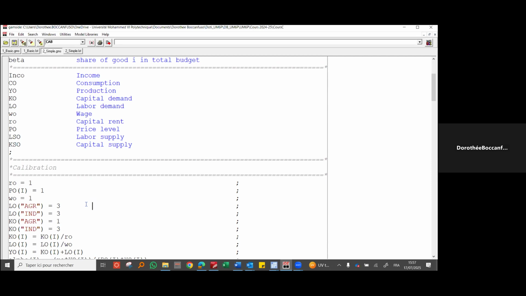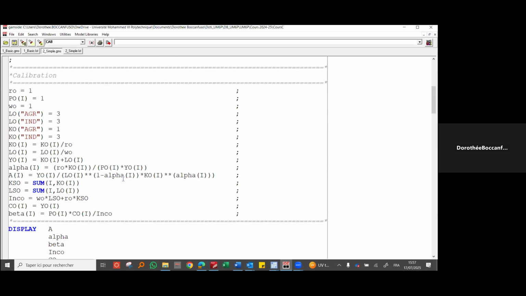as we have a very small model, we don't have a matrix that we need to import in GAMS. I think that maybe Shahir showed with the dynamic model, but I know that Tuami will show you an example where you import data in GAMS. Here we give the value because we have only a very small number of values in this model. We put the value directly here in the model. Then we have the demand of labor for the agricultural sector, industry sector, the demand of capital for both sectors again, and here it's values that we